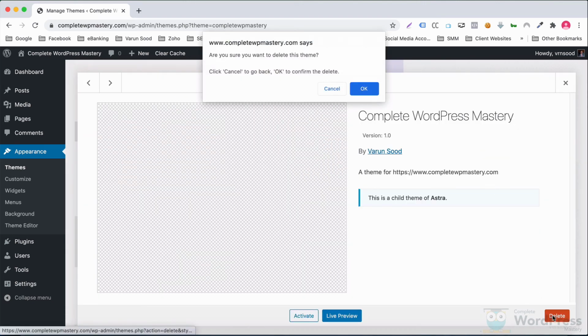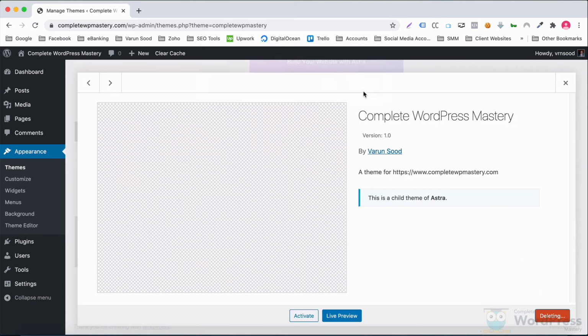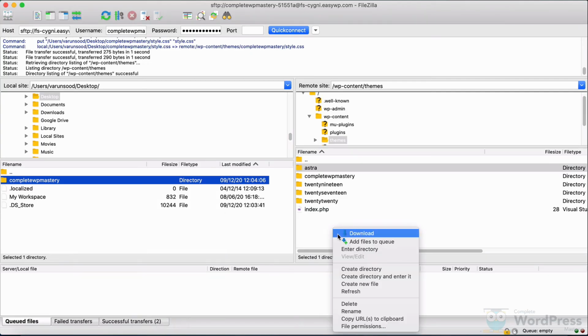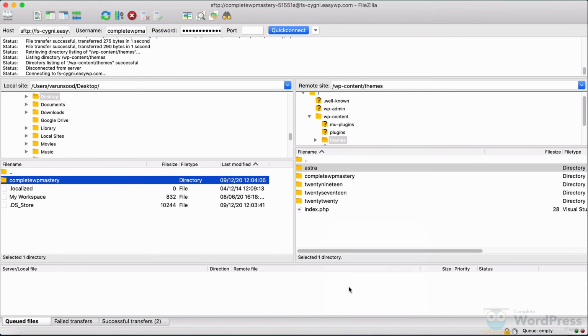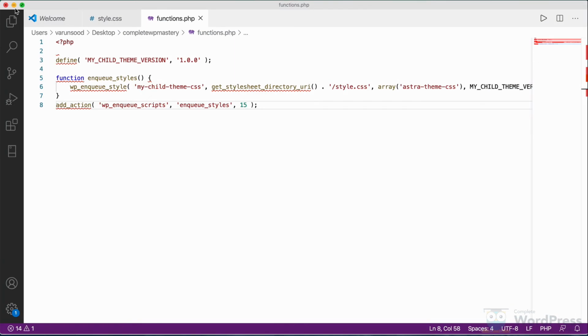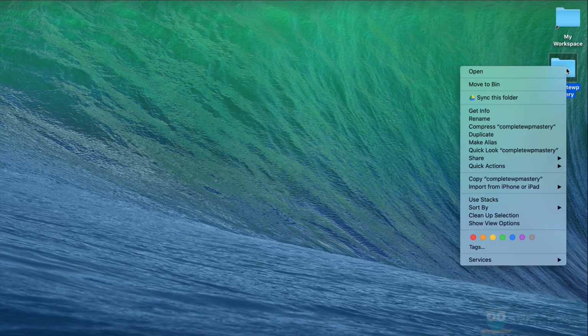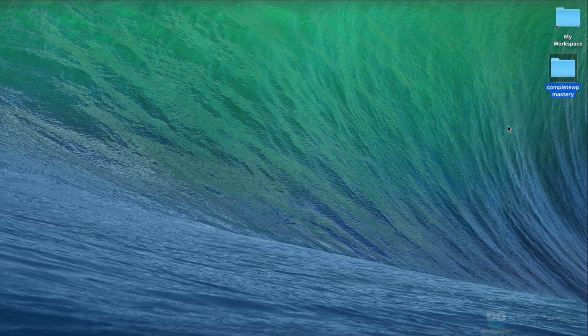Let me delete this child theme from this page. If you refresh the remote side of FileZilla, you will notice that the child theme is gone. The second way of uploading the child theme is to create a zip file of the child theme folder.